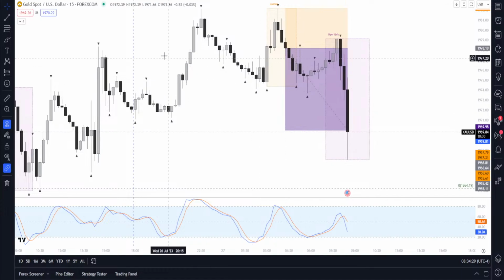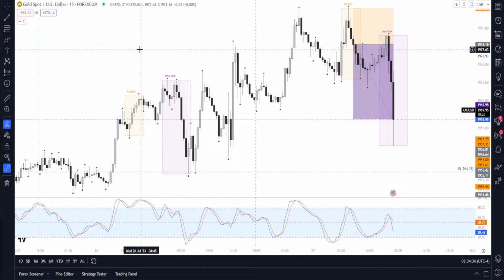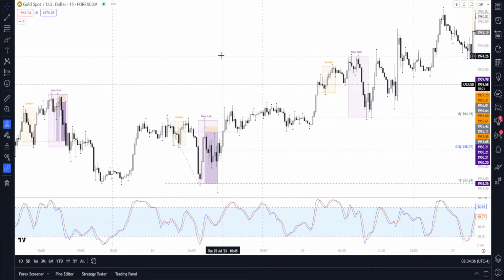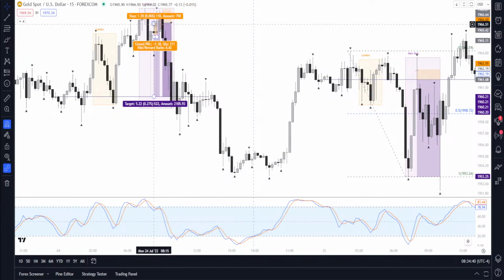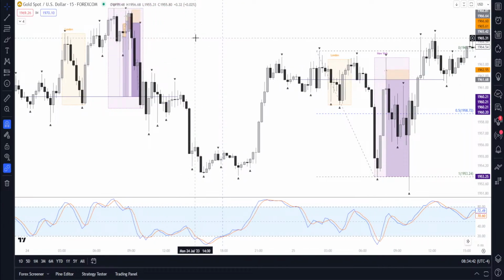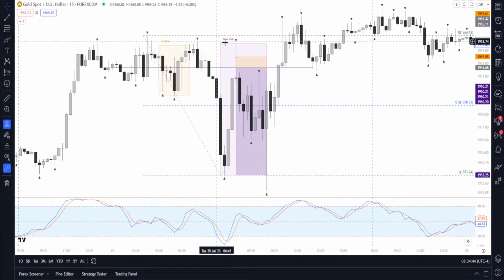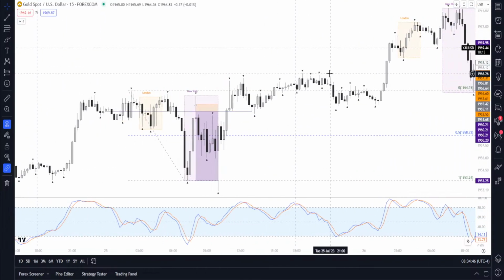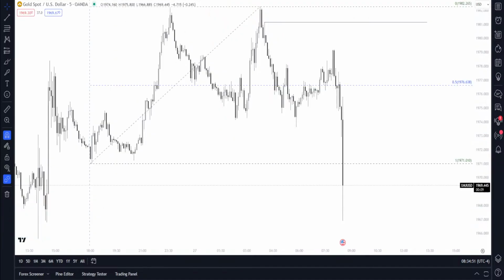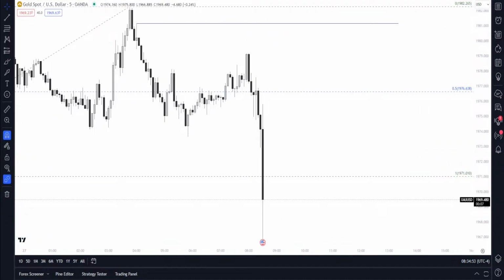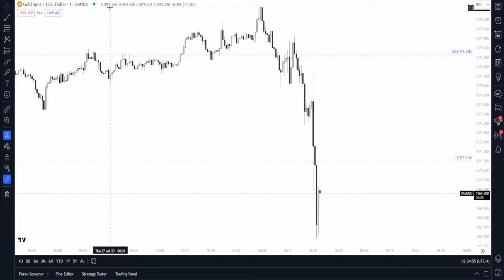Now I'm going to post this on the Discord soon. It has a really high win rate now. If I go back a little bit, you'll notice that it had some trades that won right here and all that. But I wanted to look at the news yesterday. So if we don't get a trade, I'm going to explain what happened with the news yesterday. Okay, so I could go on 1 minute and we could take a look here.